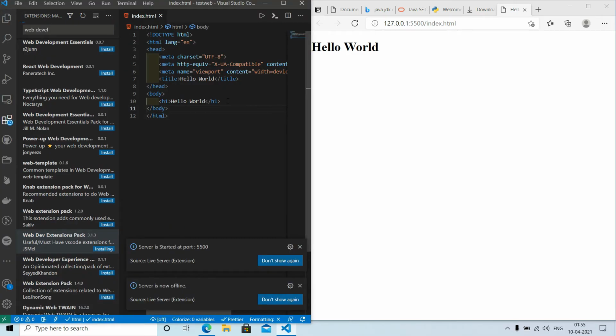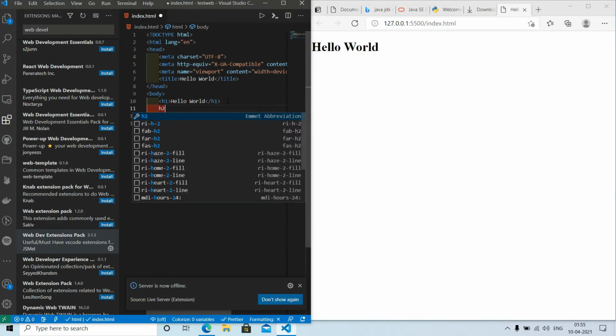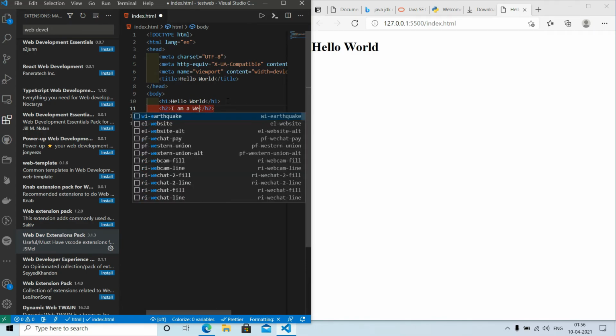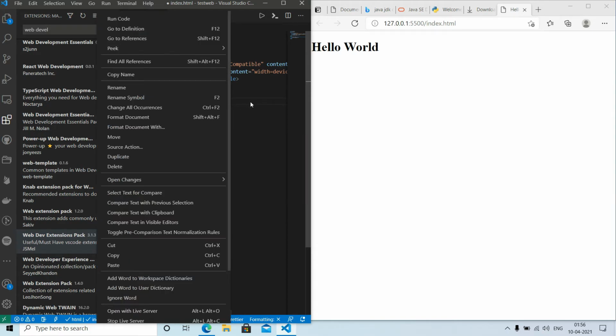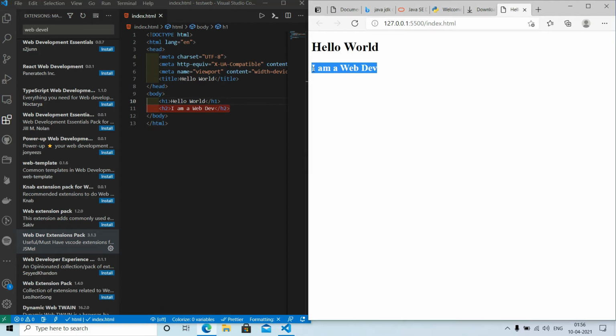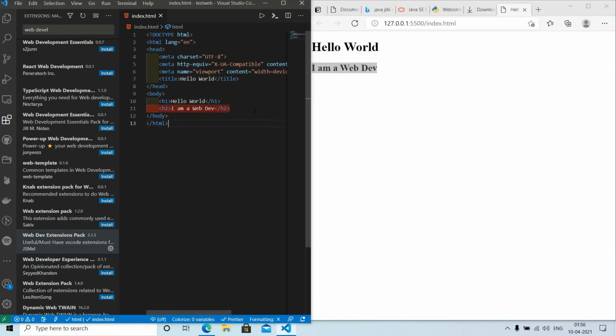The advantage of Live Server is it enables live reloading. You don't have to go to the browser window again and again and hit reload. Live reload makes our job really easier if you are a web developer, especially in front end. So you just have to press Ctrl+S and the changes will be made.